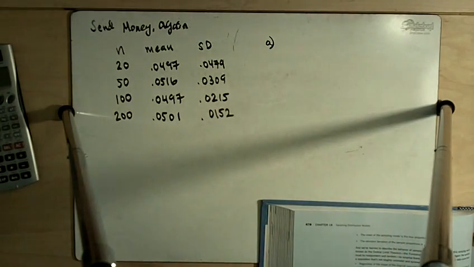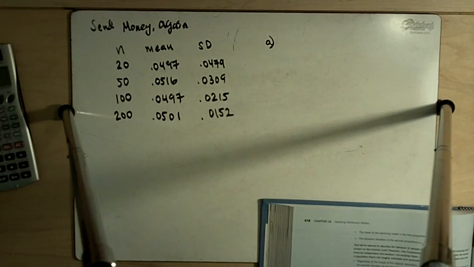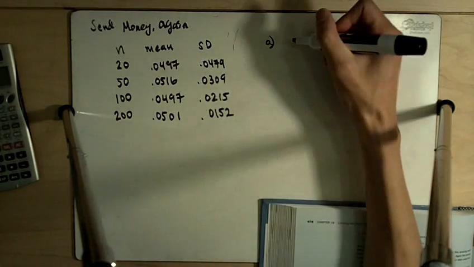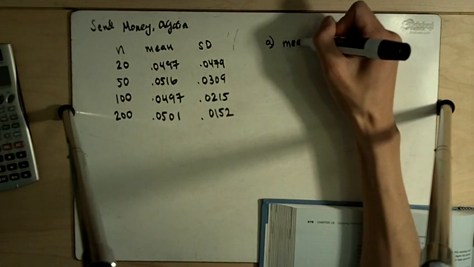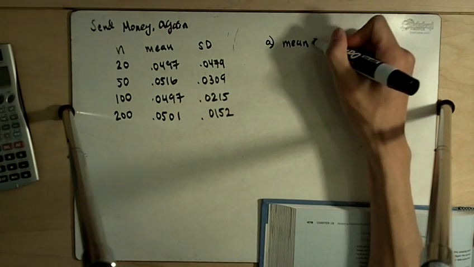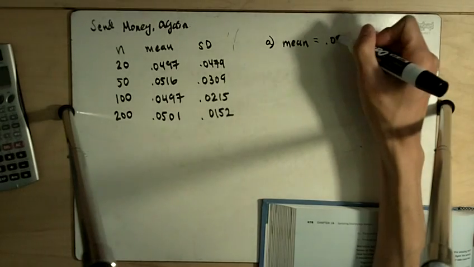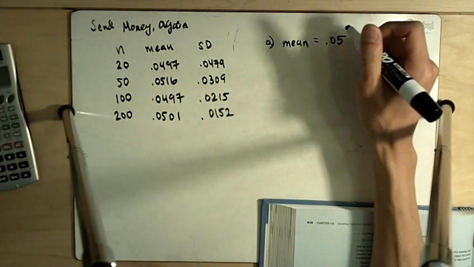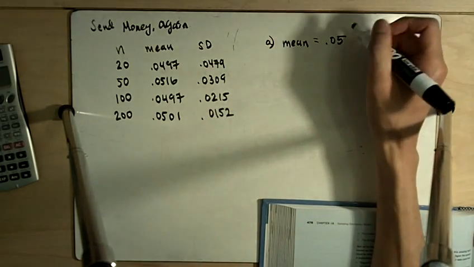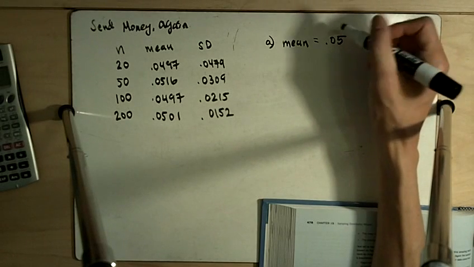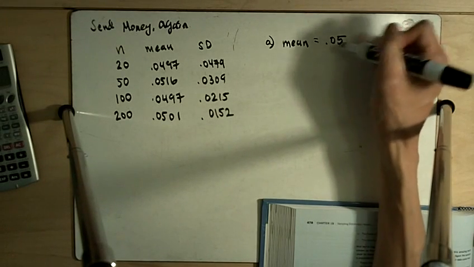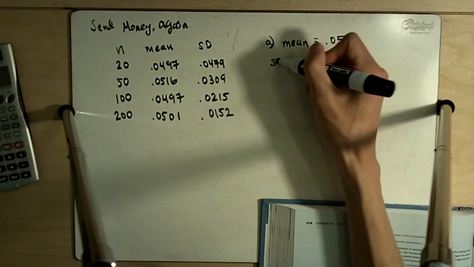A asks, according to the central limit theorem, what should be the theoretical mean and standard deviations be for these sample sizes? Okay, so the theoretical mean, the mean for each one of these should be 0.05. We're expecting a 5% success rate, so the mean should be exactly 5%. The standard deviation